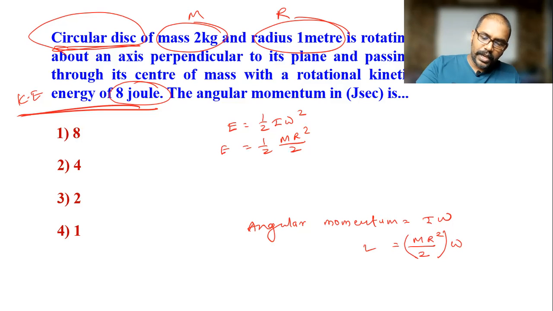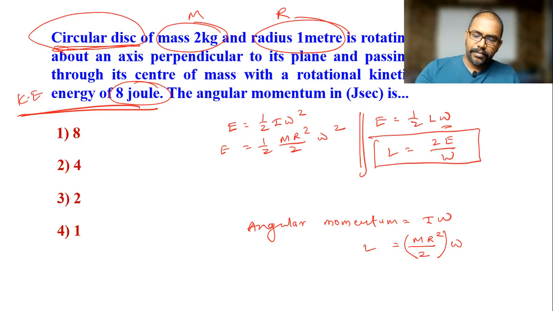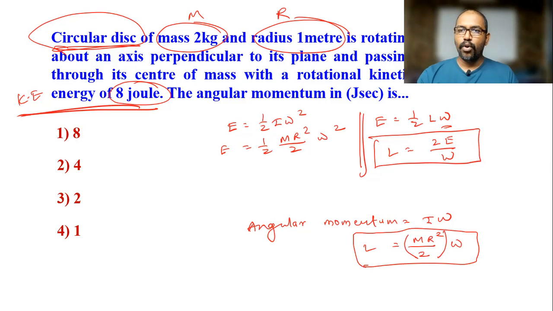So this E into this omega square. Now by using that, we can easily find out omega. Simply, pay attention. If you want to find out the angular momentum, you can write the kinetic energy in terms of angular momentum also. So E is equal to half L omega. So again here also we require omega. That's why we do not use this formula. So you require omega. As you get omega, you can find out L by this formula, 2E by omega, or by this formula. Any one formula you can use if omega is known.